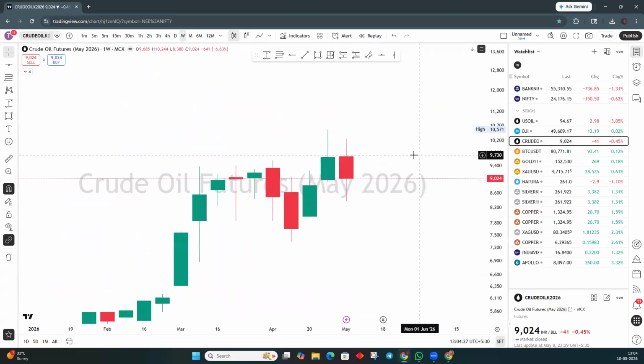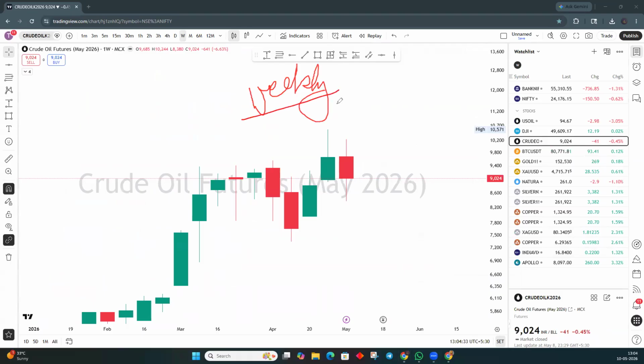What does crude oil show this week? The weekly closing is negative. The weekly negative candle shows the sellers are active this week, and we might see more lower prices as we have closed at a lower low compared to the weekly time frame. And this week, if this low breaks, the next target on the downside will be 7,500, because we are